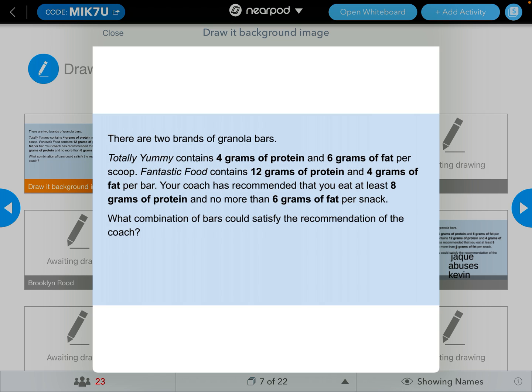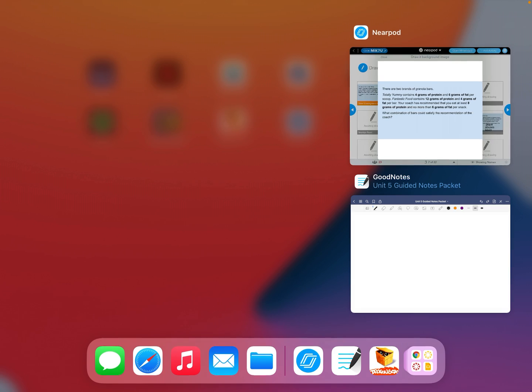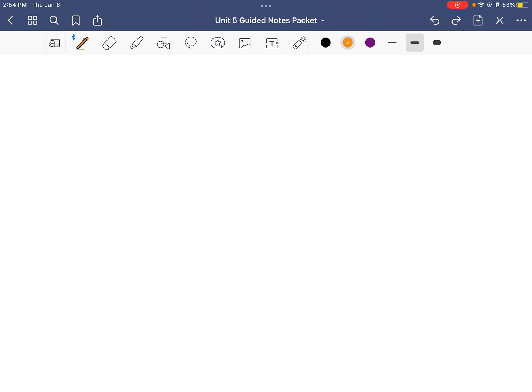So Totally Yummy contains 4 grams of protein and 6 grams of fat per bar. Fantastic Food contains 12 grams of protein and 4 grams of fat per bar. Your coach has recommended that you eat at least 8 grams of protein and no more than 6 grams of fat per snack. Okay, so the 2 constraints that we're working with here are going to be,